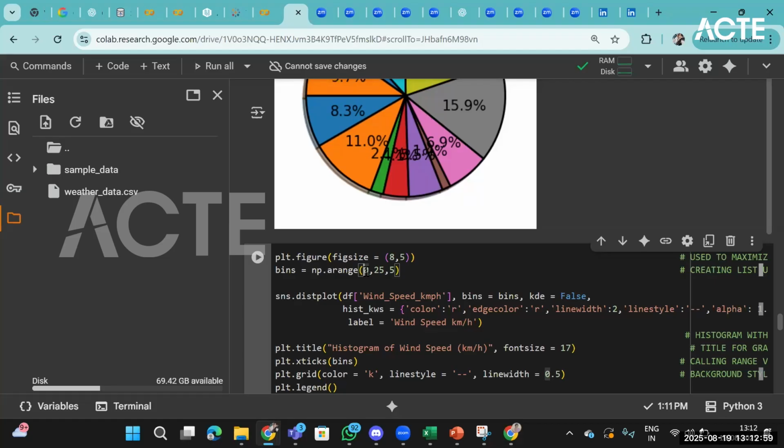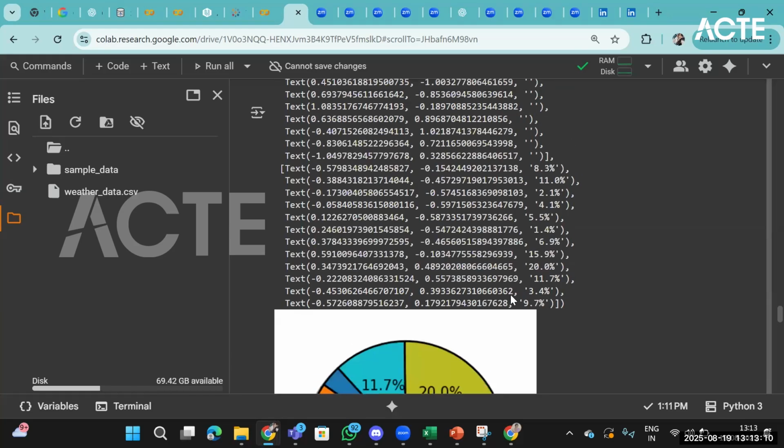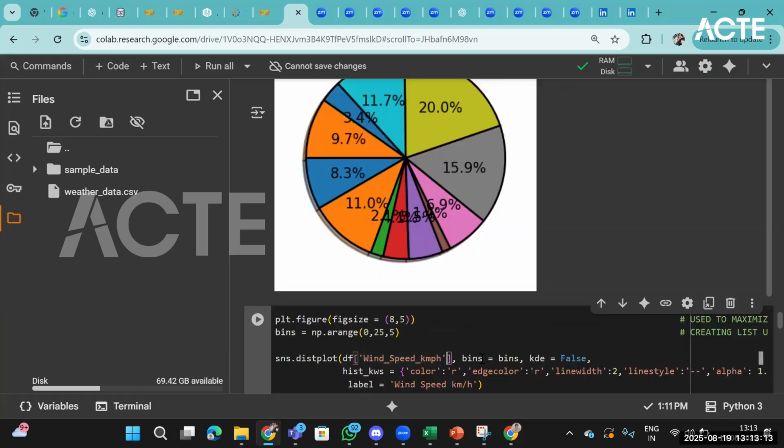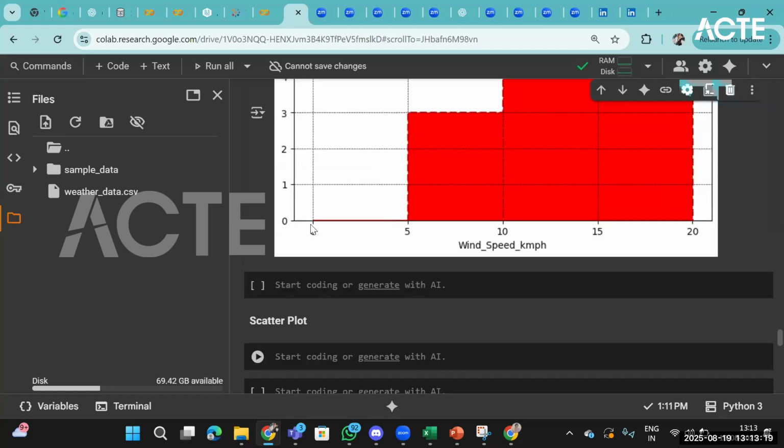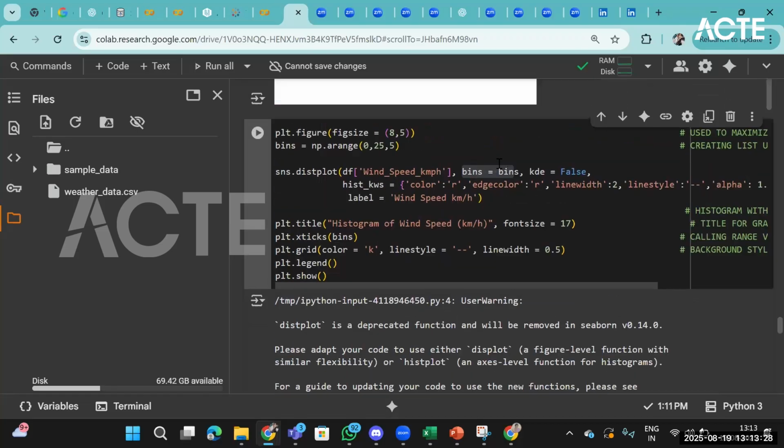These are the intervals. So in this distribution plot, I'm passing the column which I want, that is the wind speed column. Then I'm putting bins in bins. This is the creation of the x-axis: 0 to 5, 5 to 10, 10 to 15, 15 to 20, 20 to 25. So if I remove this,